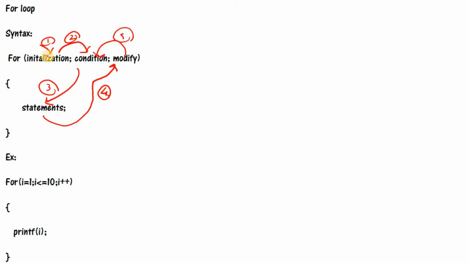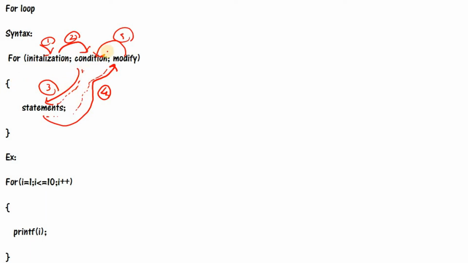After modify, again it will check the condition. So what is the loop which repeats again? If the condition is true, it will repeat: the control goes inside to the statement, and after executing the statement, it goes and modifies, then again checks the condition.